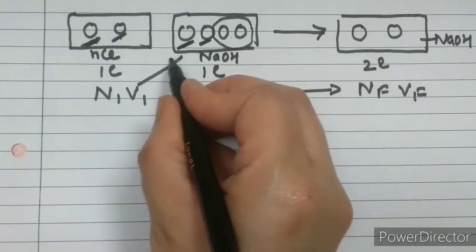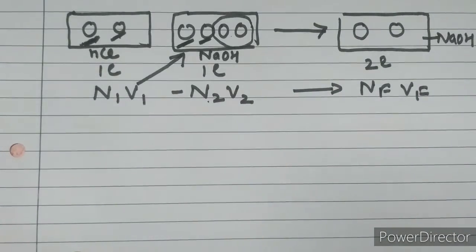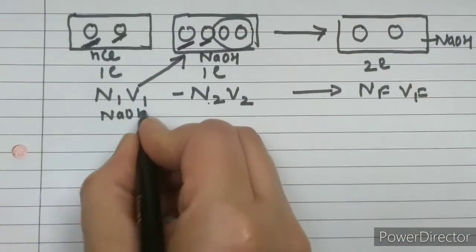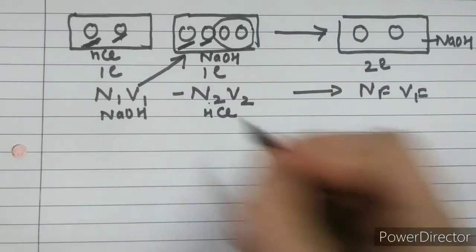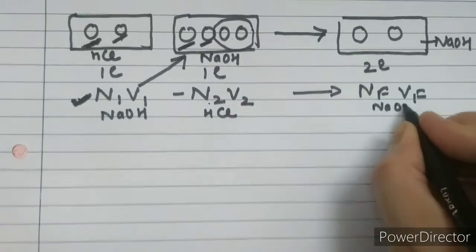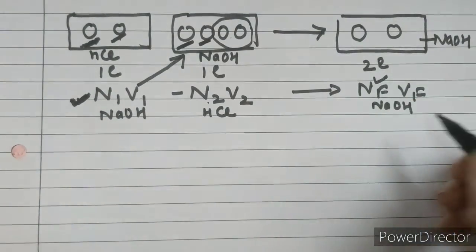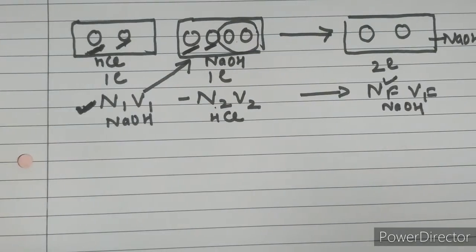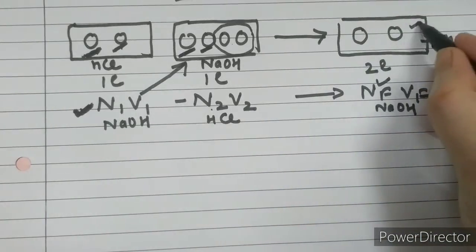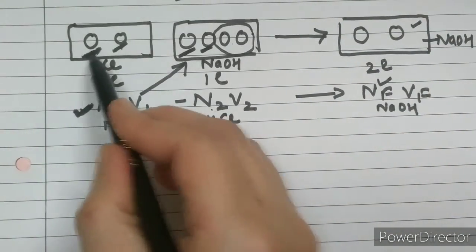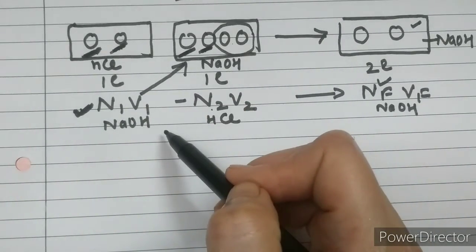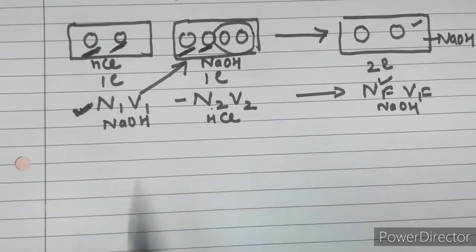Here N1V1 is the number of moles which are larger in number, that is, N1V1 is NaOH in our above example, and N2V2 will belong to HCl. The final resulting solution will be whatever is more, that is NaOH. So the normality of the resulting solution is not of HCl, it is of NaOH, because now only NaOH is left in the solution, as HCl is fully neutralized. The 2 moles of HCl were lesser in number, so they are fully neutralized by 4 moles of NaOH.